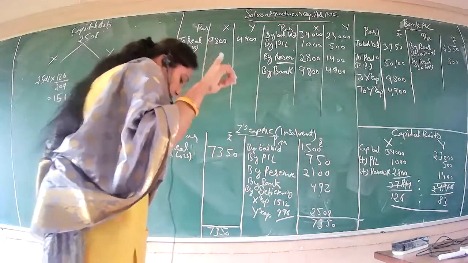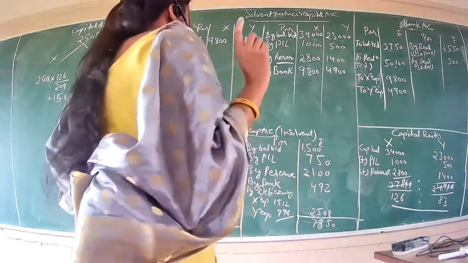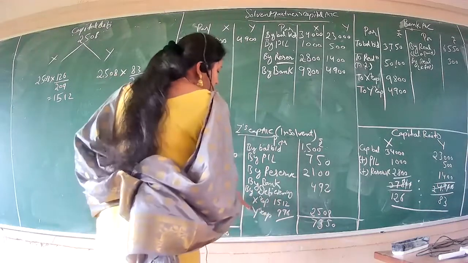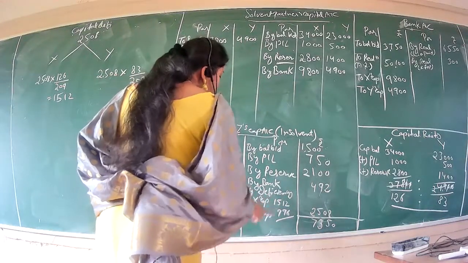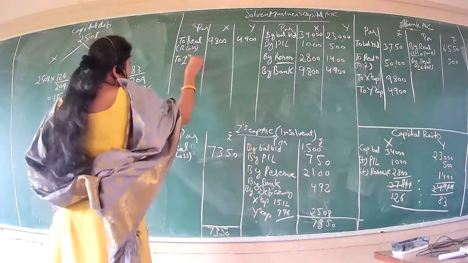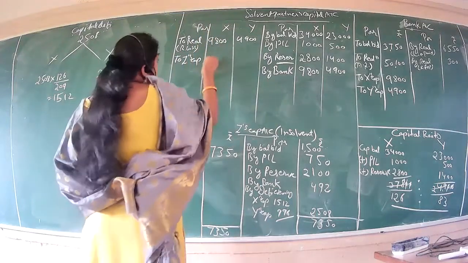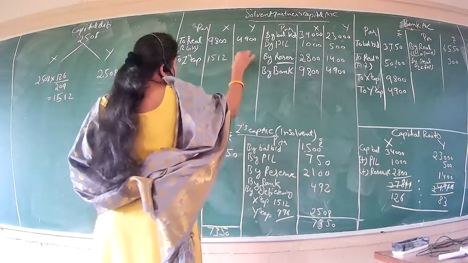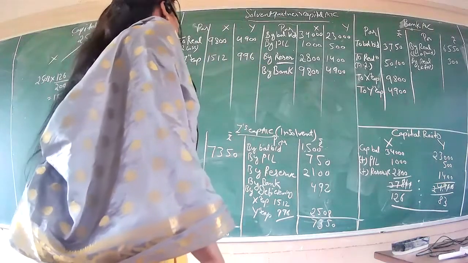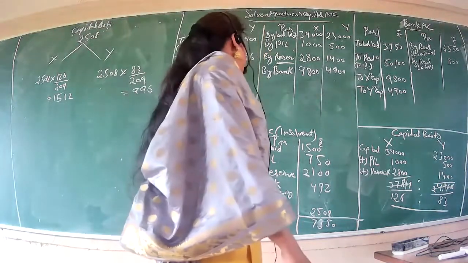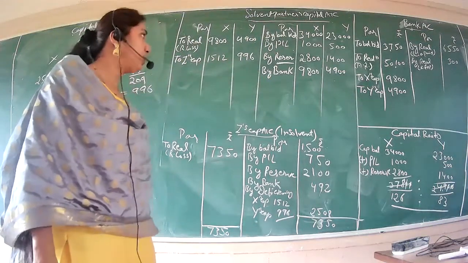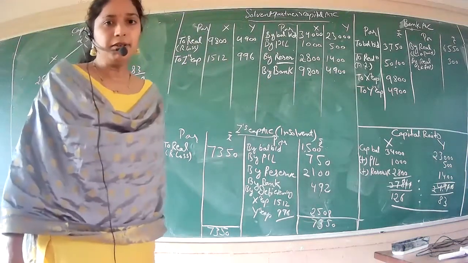Fine. We have first closed the realization account and now we have closed the insolvent partner account. Now from your insolvent partner account, we have to do the counter entry of your solvent partners capital. So we'll take here to X and Y's capital account, how much they have gone for the bearance of capital deficiency because of Z's insolvency, 1,512 by X, 996 by Y. Okay, so entry over. Now we have to check anything is left.